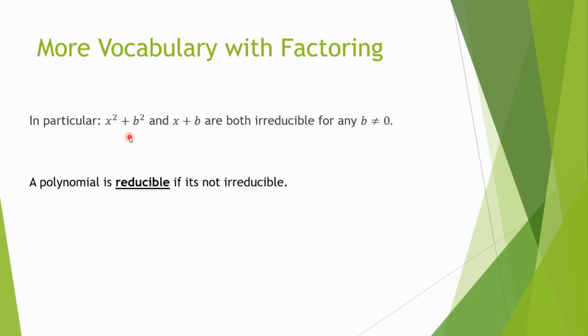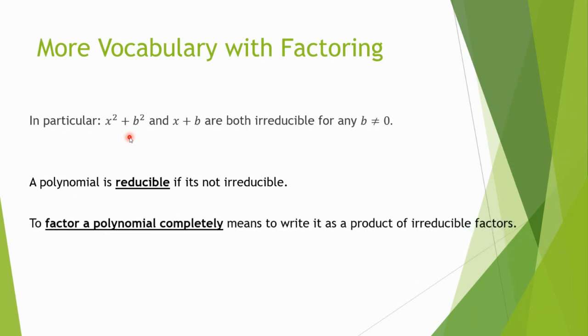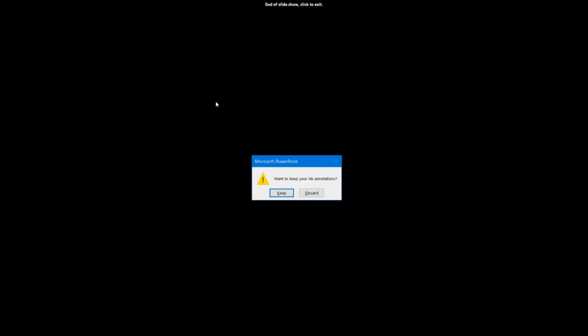Again, it's similar to the integers. It turns out that any polynomial can be broken down into a product of irreducible factors. Why can we do that? That's beyond the scope of the class, in Math 104, I mean. But that's what it means to factor a polynomial completely. So hold on. Okay, so that's actually it for